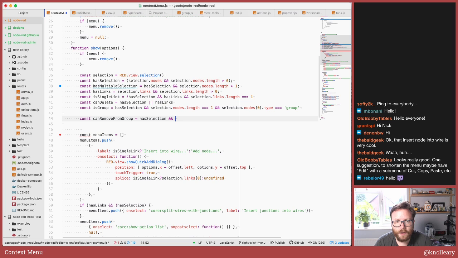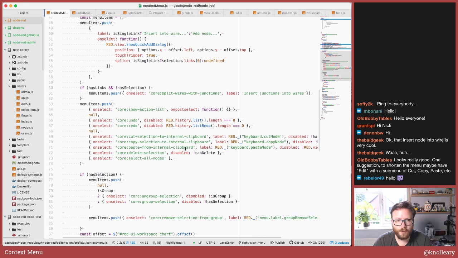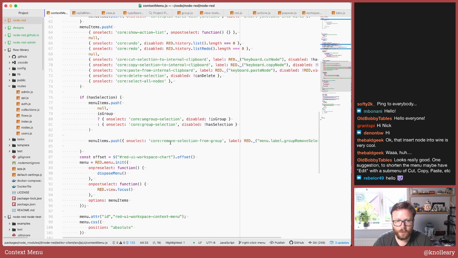I mean, if we ignore the edge case I just highlighted, we're saying has selection and the first node in the selection has the G property, which means we must be inside a group. So if we come down here,